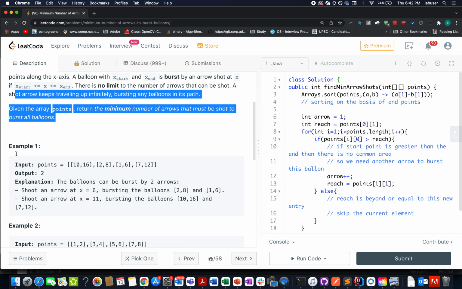So I'll be walking you through the example in the presentation that I have created for this, and there we will discuss the algorithm to go about it. I know I'm already a bit late today, so without much ado, let's quickly talk about the algorithm by the PPT that I have created.